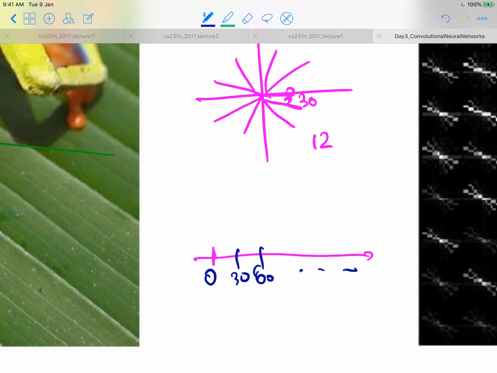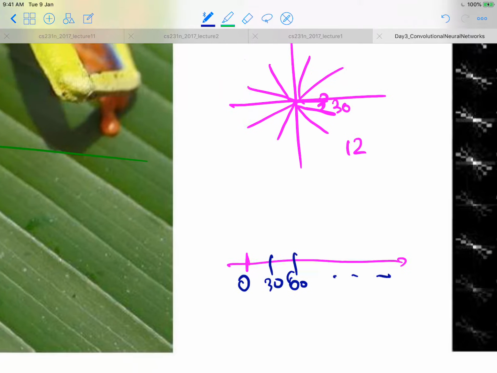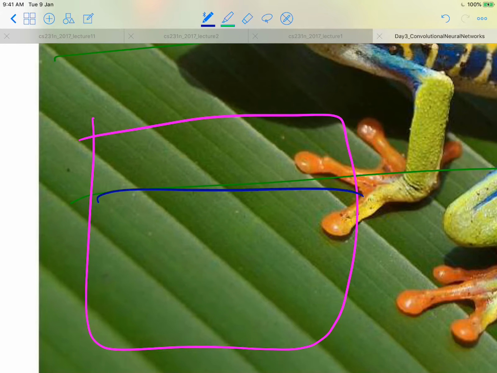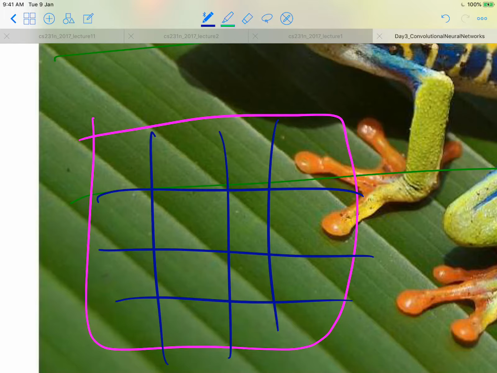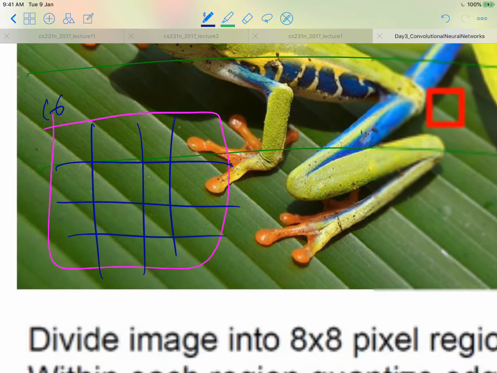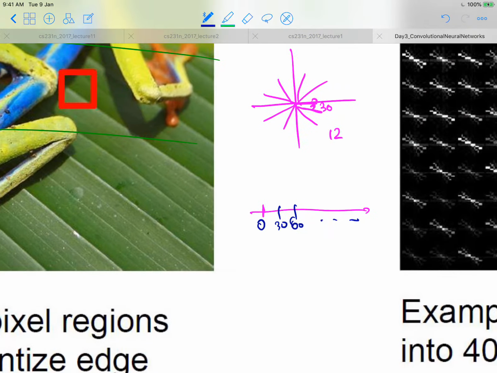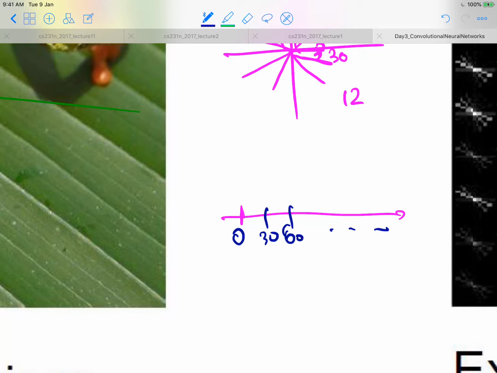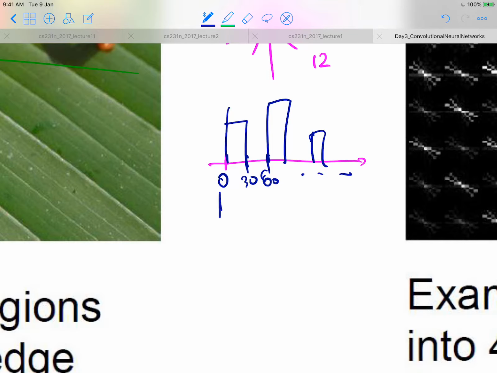And then how many gradients did we find out of this entire patch? For example, if we have 16 different patches, and then we have 16 different gradients, and suppose the majority of the gradient was found over here, and then maybe over here, and maybe over here, and so on, right? So we can think of this as a histogram of our gradients, and then that histogram can be viewed as, yeah, it is actually called the